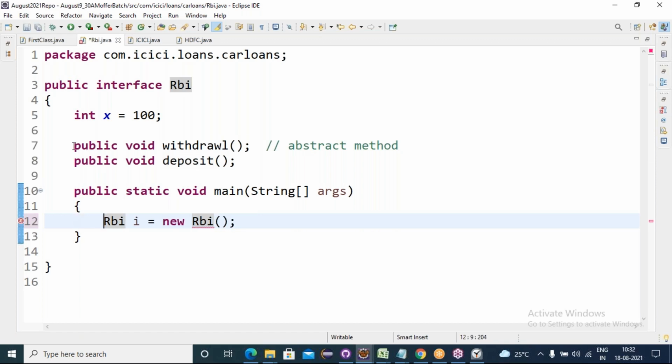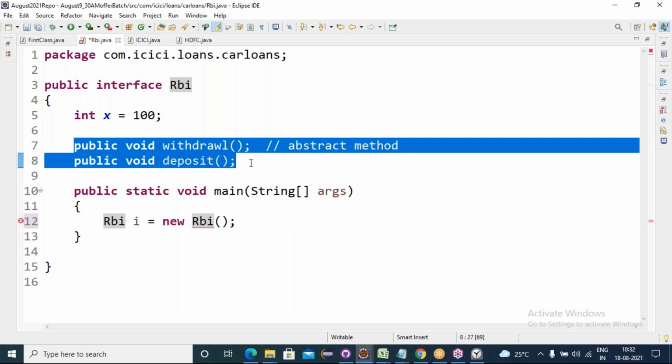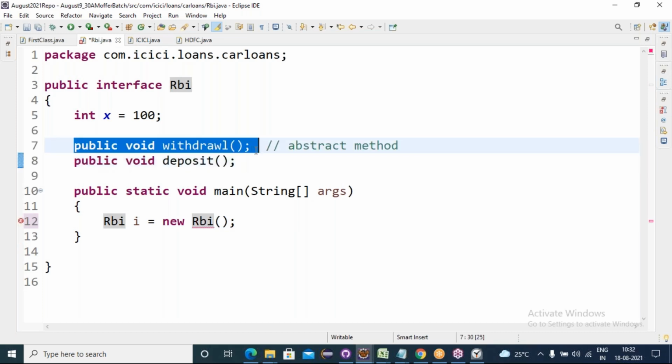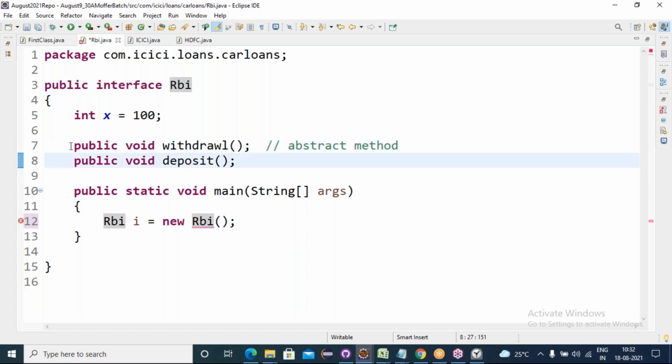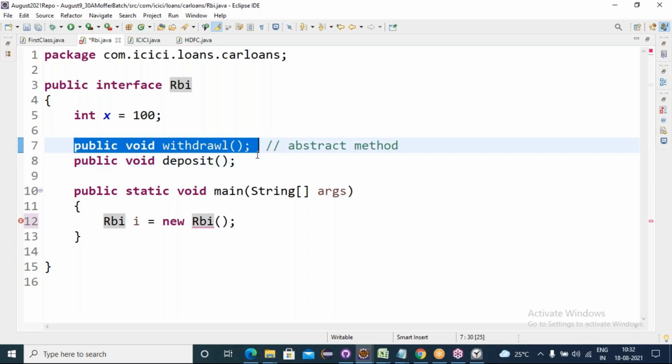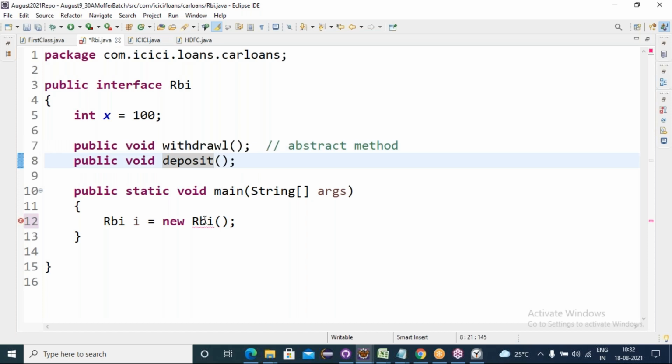Why? Some unimplemented behaviors are there which don't have any body. Just a method prototype. Does it contain any body implementation? No. Then what is the meaning of getting an object? That's why syntactically it is not allowing: cannot instantiate the type RBI. No implementation is there for these methods, so the interface itself cannot create an object.